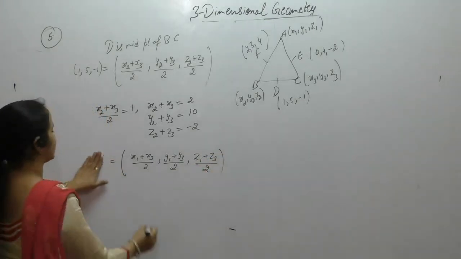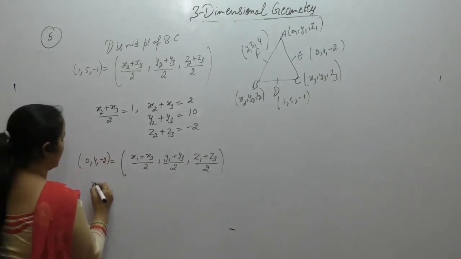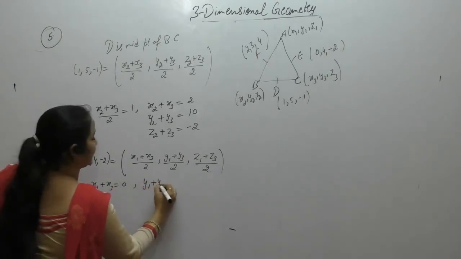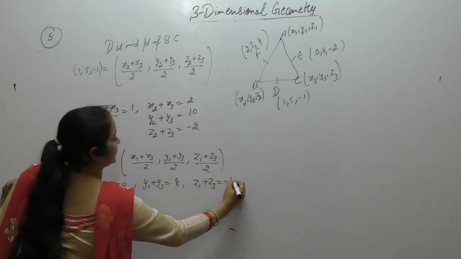Now E के coordinates हमारे पास क्या है? 0, 4 and minus 2. x1 plus x3 is 0, y1 plus y3, 2 into 4 is 8, z1 plus z3, 2 into minus 2